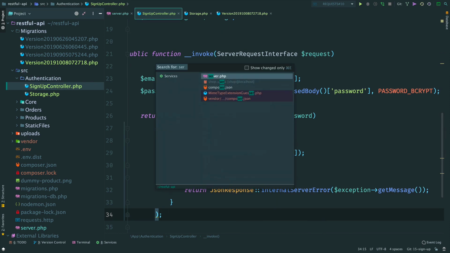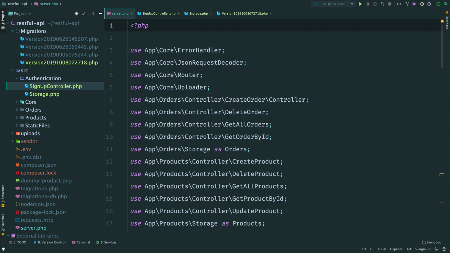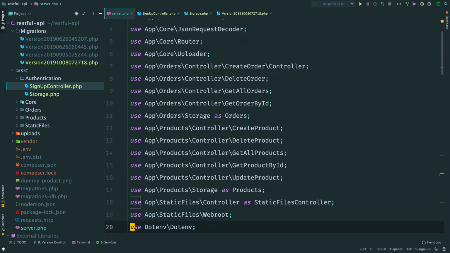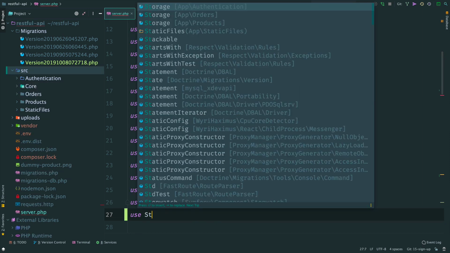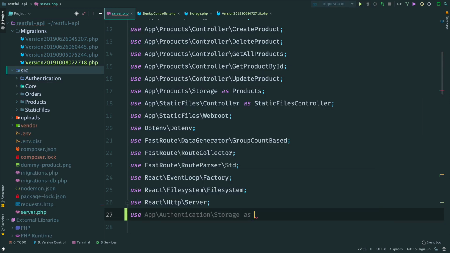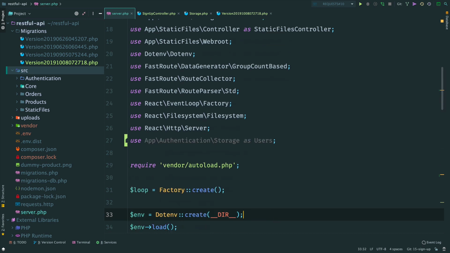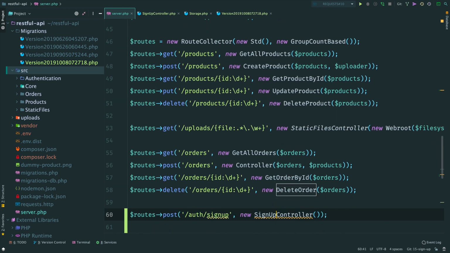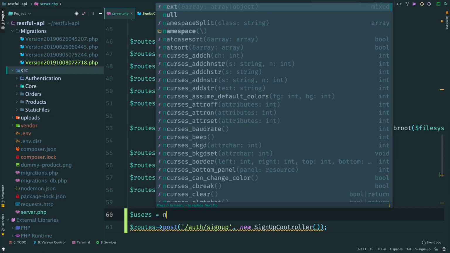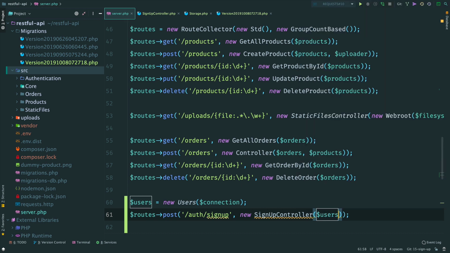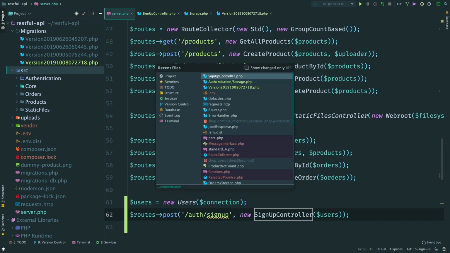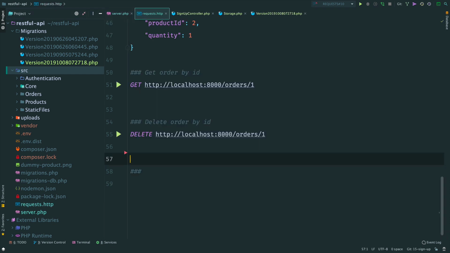Let's build our dependencies and try to sign up a new user. Open server.php and create a new storage. At first we import it with an alias Users. Instantiate the storage and pass it here into the controller. Import the controller class. Save and let's see how it works. Open the request file and add a new request.